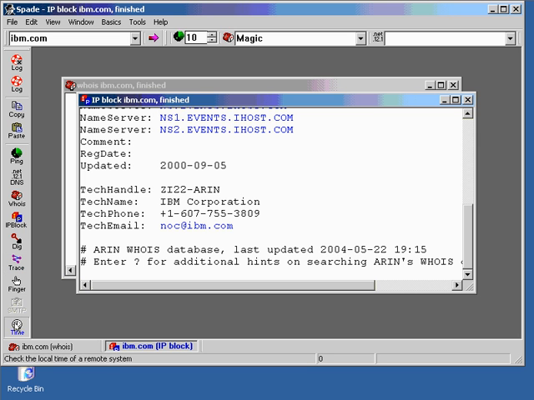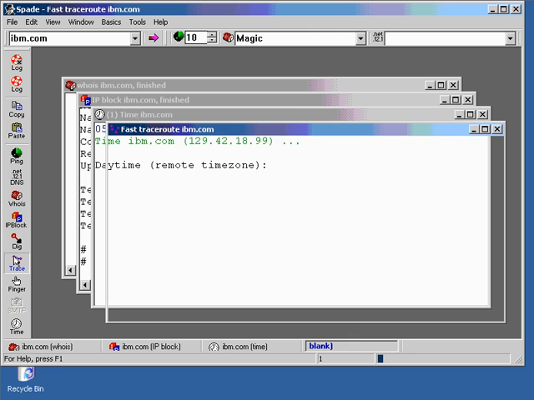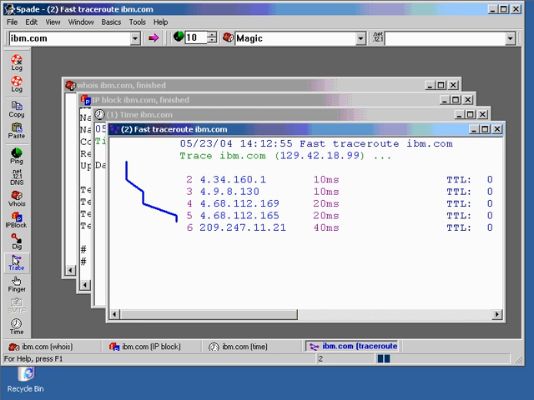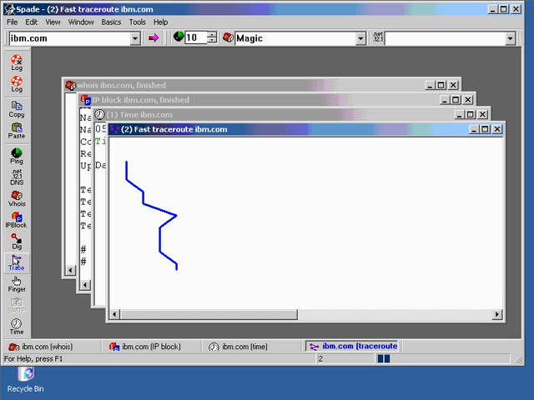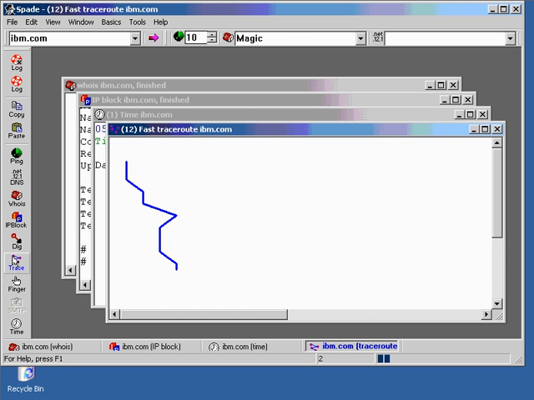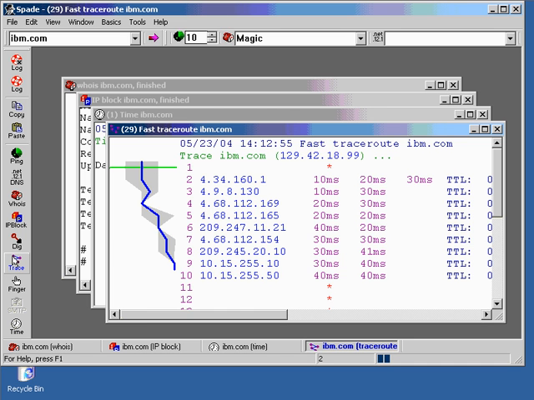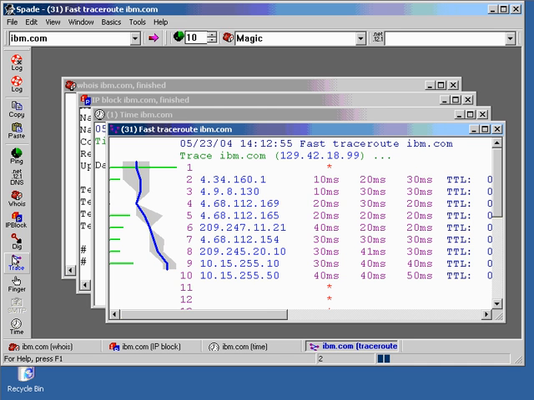Let's go ahead now and see what time zone they're in here. Okay, and first we'll do a traceroute. Now this is just doing a simple fast traceroute, and this is going to go from our location here out to IBM. As you can see, it's going through and trying to check for the information. And then it looks like it's going to drop off right about at the last address there,